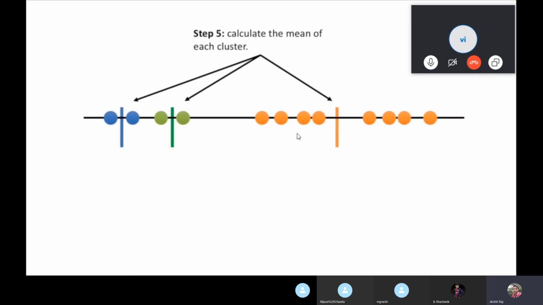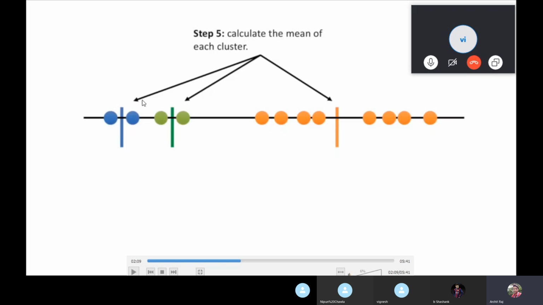Now what we're going to do is repeat the same thing that we did the first time. For each and every point, you have to find the distance between all three different means of the clusters. So for this one, which in the first iteration was blue, we'll do the same thing again. We find the distance to the blue one, the green one, and the yellow one. Again we find that it's closest to the blue one, so assign it to blue.